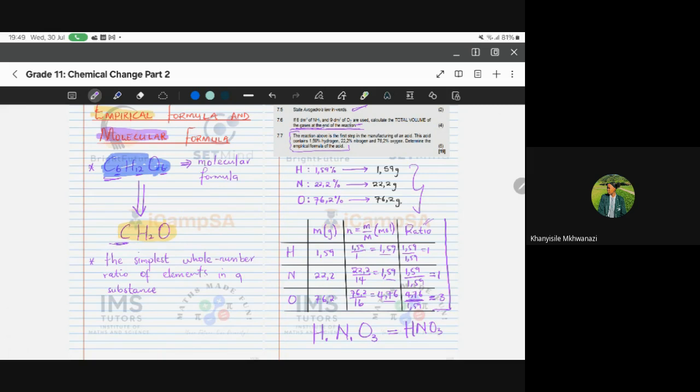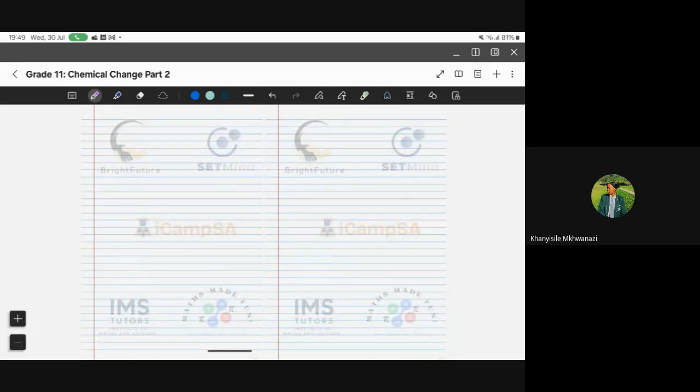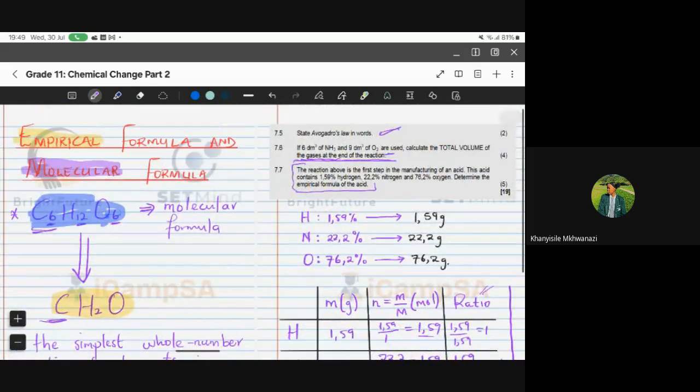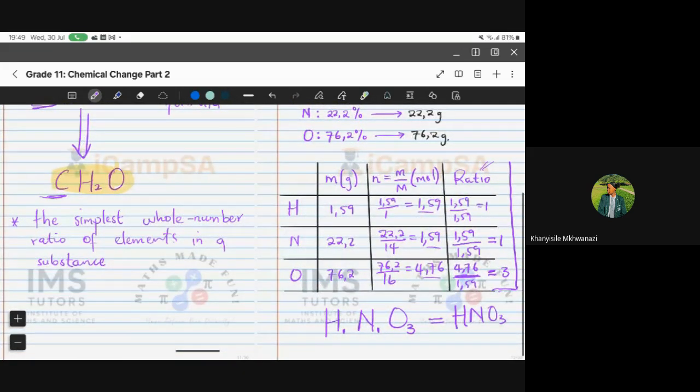Right. At this point, we know how to find the empirical formula. Now imagine from this question they say, how will you find the molecular formula? So how you would do that is, this question would have to give you extra details. Say, for instance, they give you that, let me see,